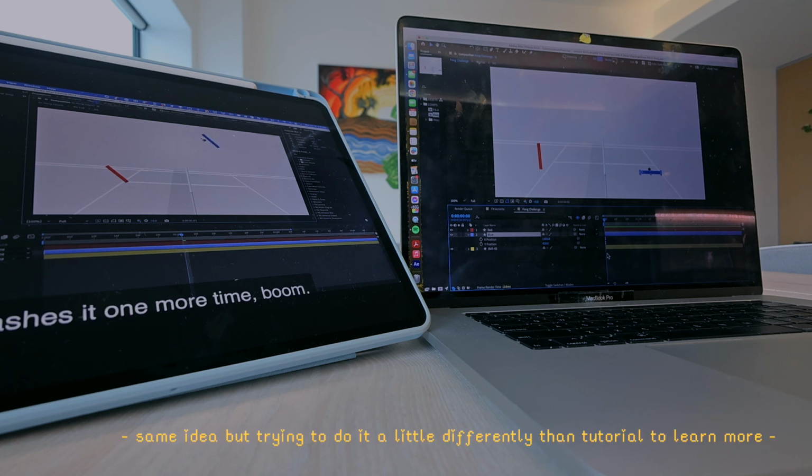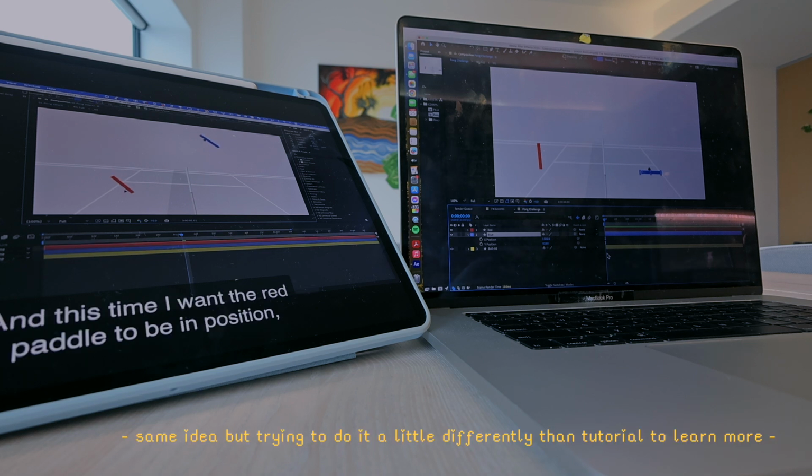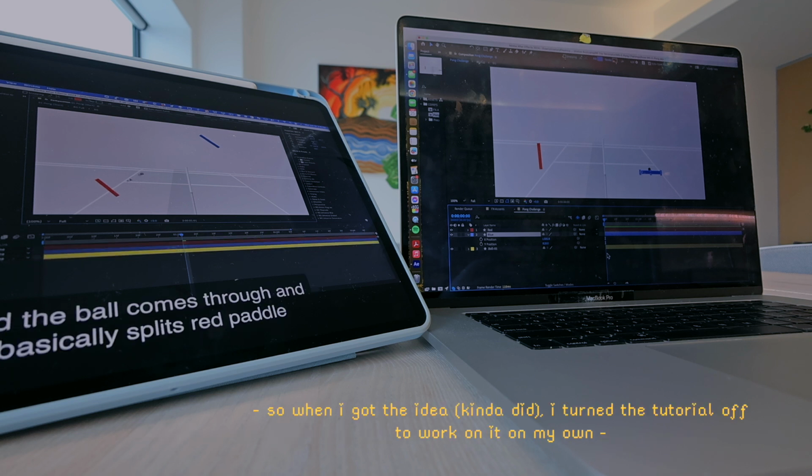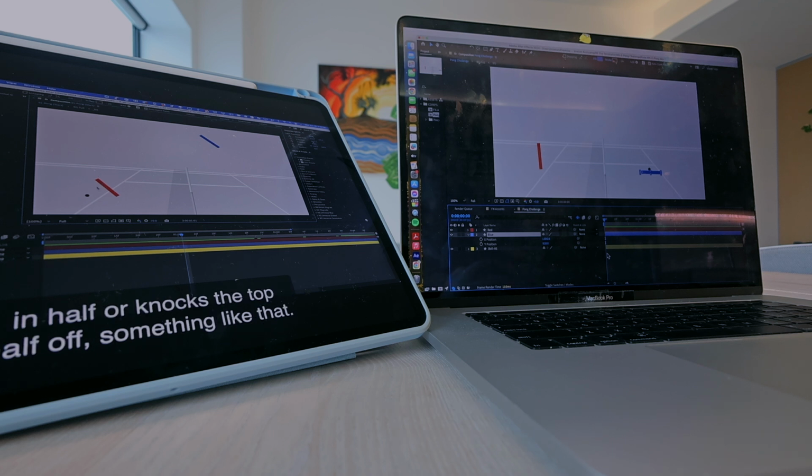smashes it one more time, boom, and this time I want the red paddle to be in position, but it's almost powering, like, oh my god, there's so much force, and the ball comes through and basically splits the red paddle in half and knocks